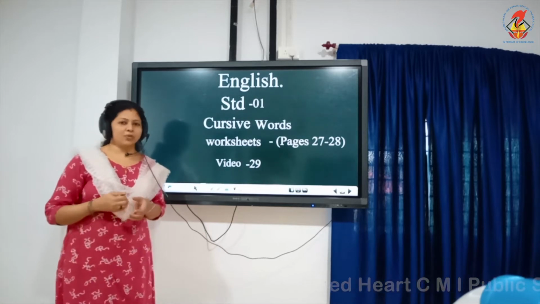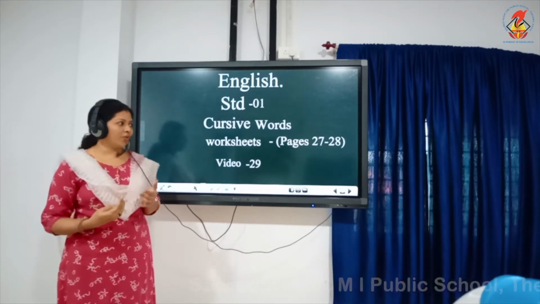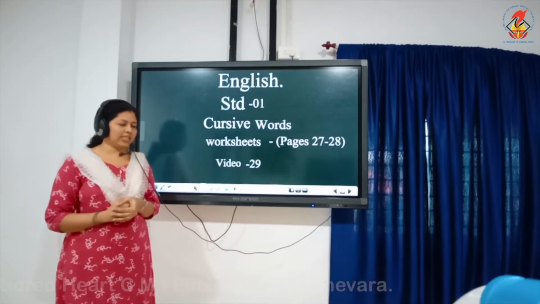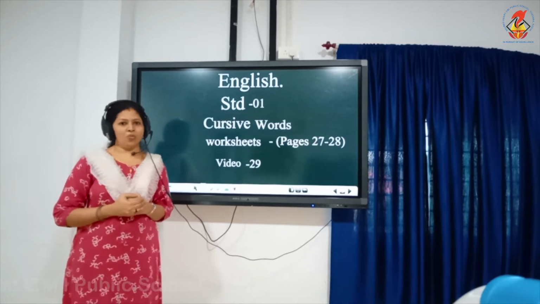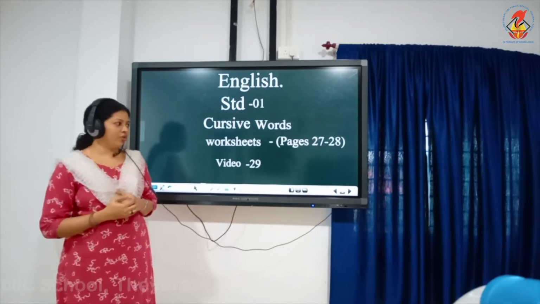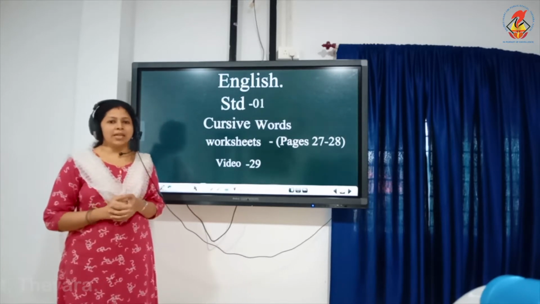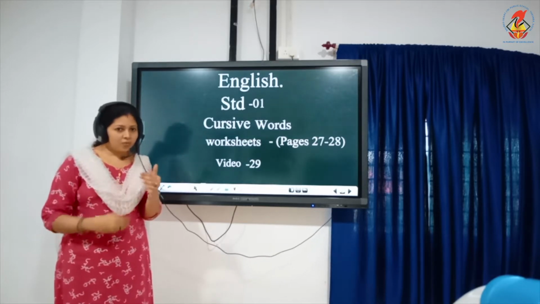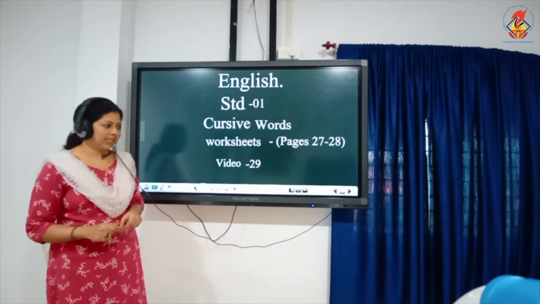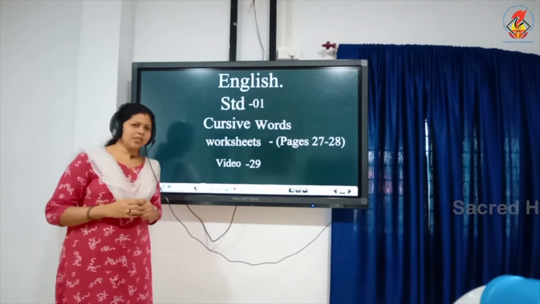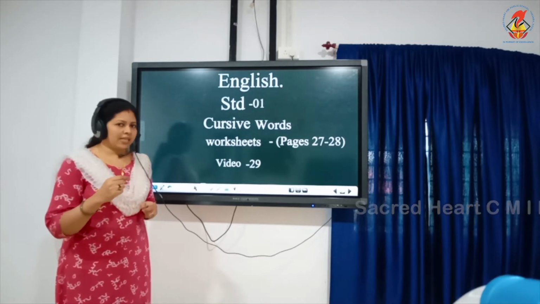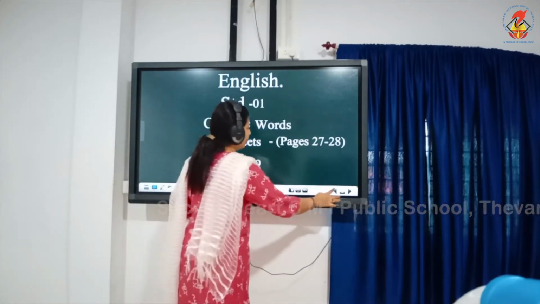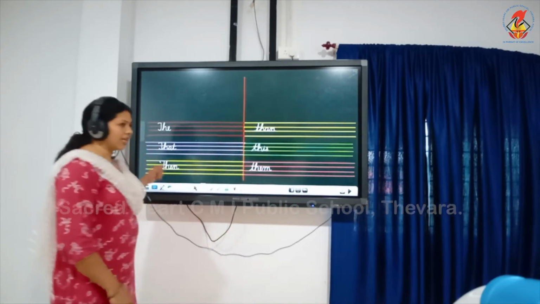Are you ready to do the next worksheet? Yes. Did you take out your worksheet? Take your page number written on the board, 27, 28, and be ready to do our work. Today we are going to do the next set of words starting with T. Did you see the words with T in your worksheet? Yes. Shall we write? Yes. Are you sitting on a chair? Did you take pencil and rubber? Yes, very good children. Be happy and we'll do the letters with T.